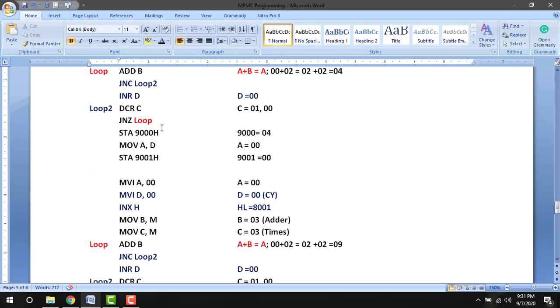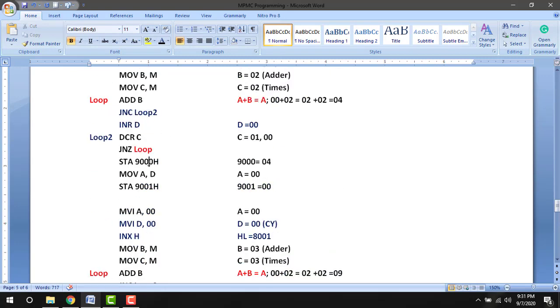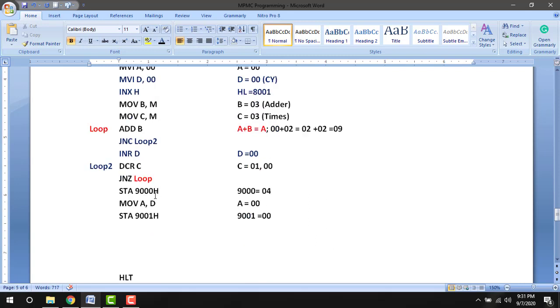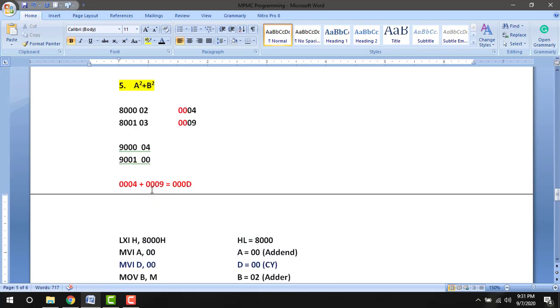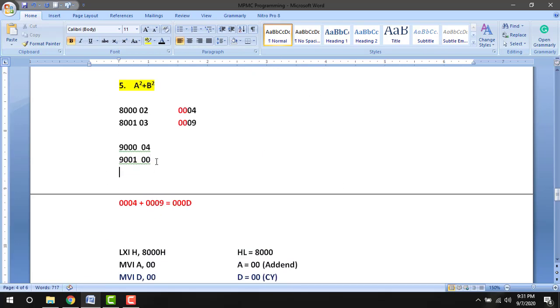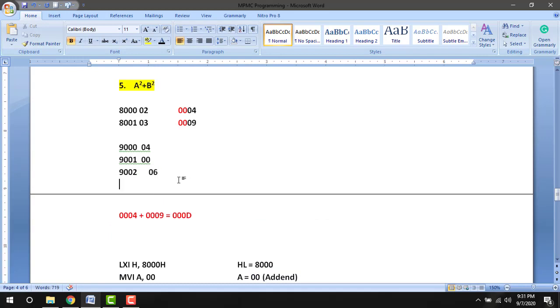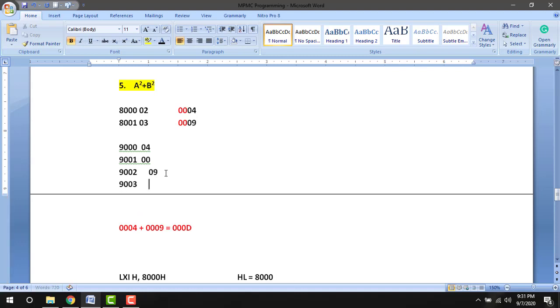So we are going to store the data to the new location. The first data is 9000 and 9001. Now it is 9002 and 9003. So that in 9002 we have the data 09, answer part, and in 9003 we have the data 00.